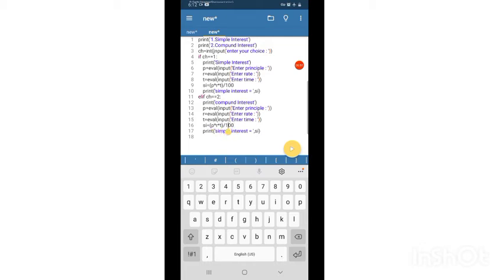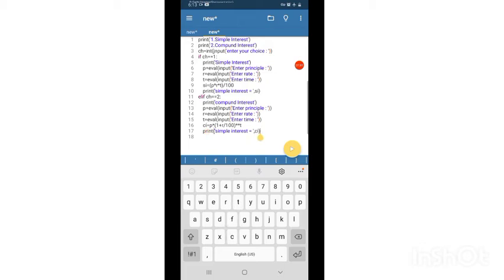The formula for compound interest is P into bracket 1 plus R by 100 whole raised to T. Simple interest here we can write CI, here also CI.